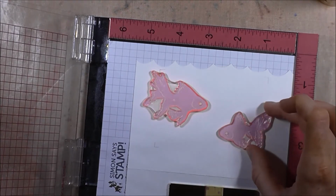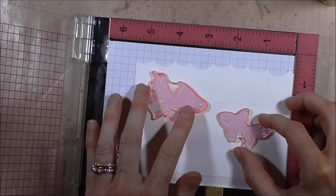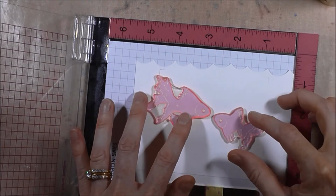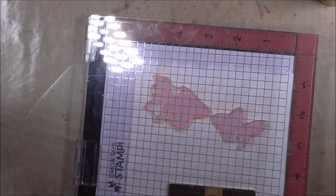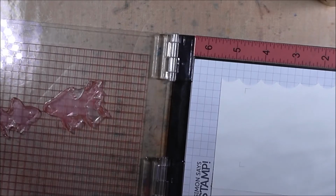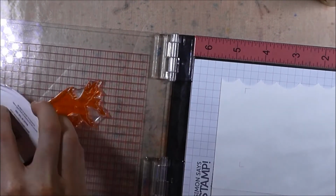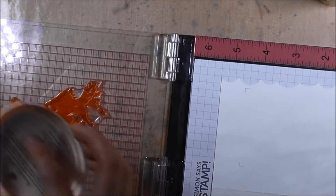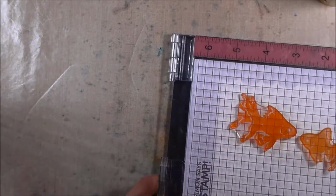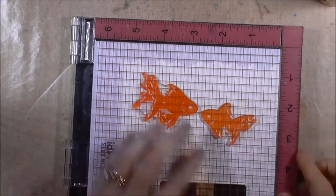Now I'm using stamps from the Hero Arts Color Layering Goldfish stamp set. I'm just taking the base layer of both of the fish, and I'm using my Misty stamping tool to pick them up with. And I'm going to stamp the larger fish in the Orange Twist ink by Catherine Pooler, and the smaller fish in Tiki Torch ink by Catherine Pooler. And once I have stamped them down and I'm happy with it,